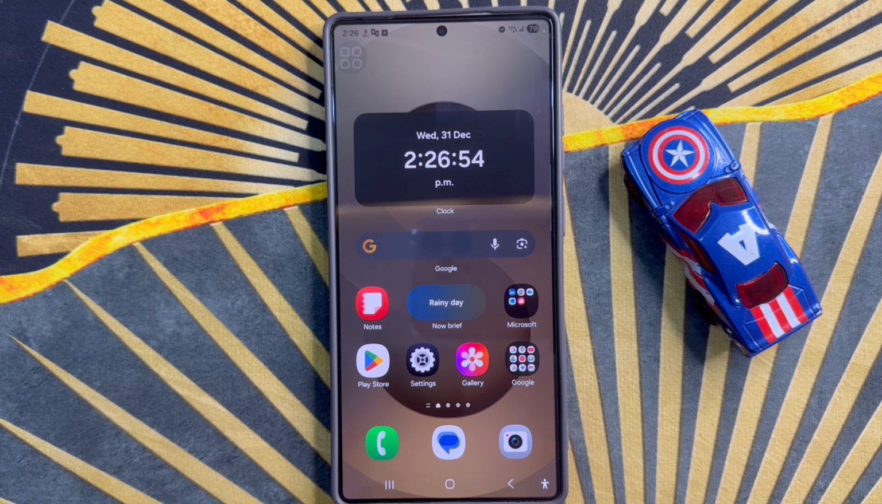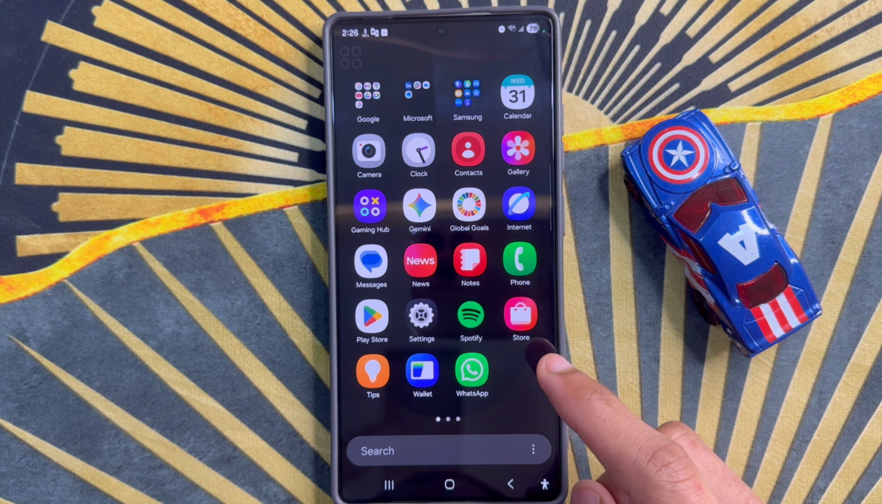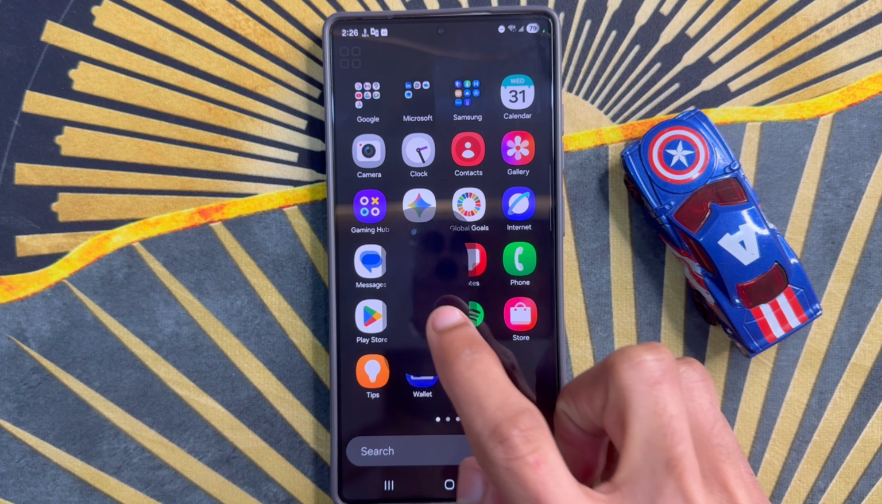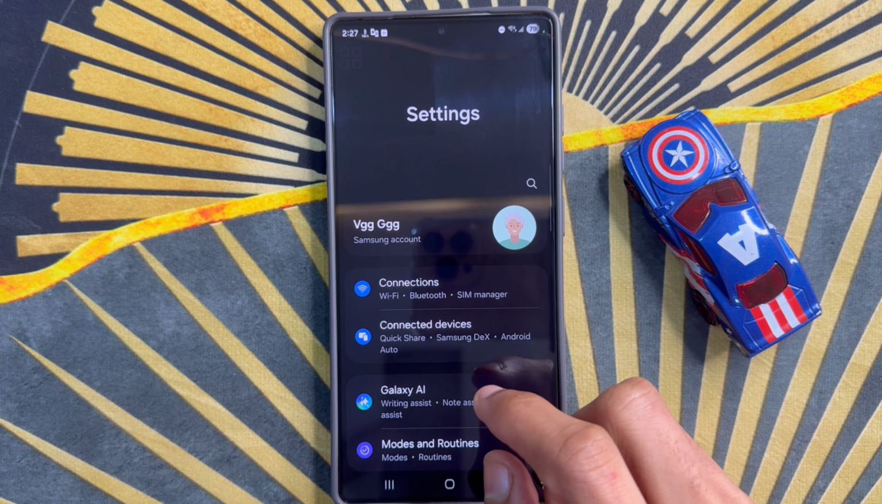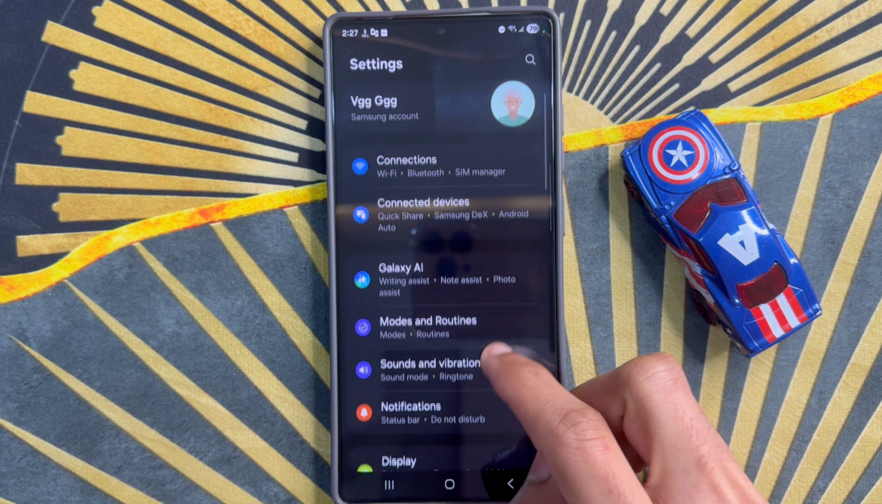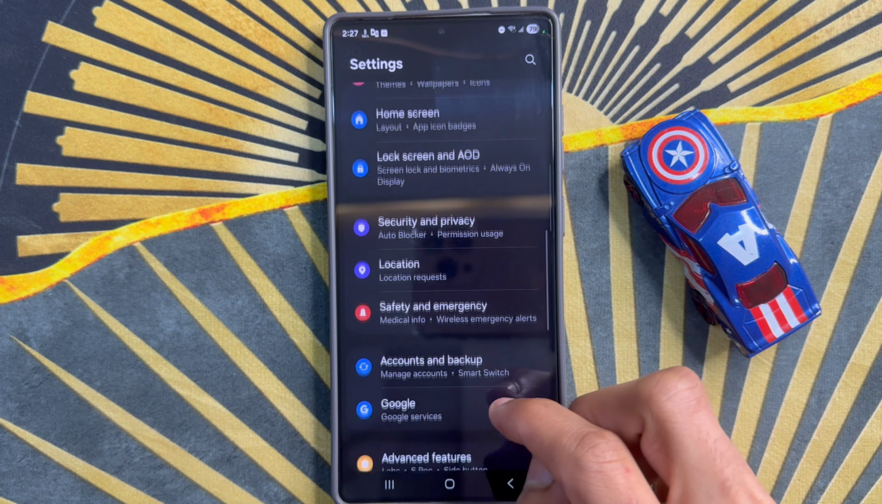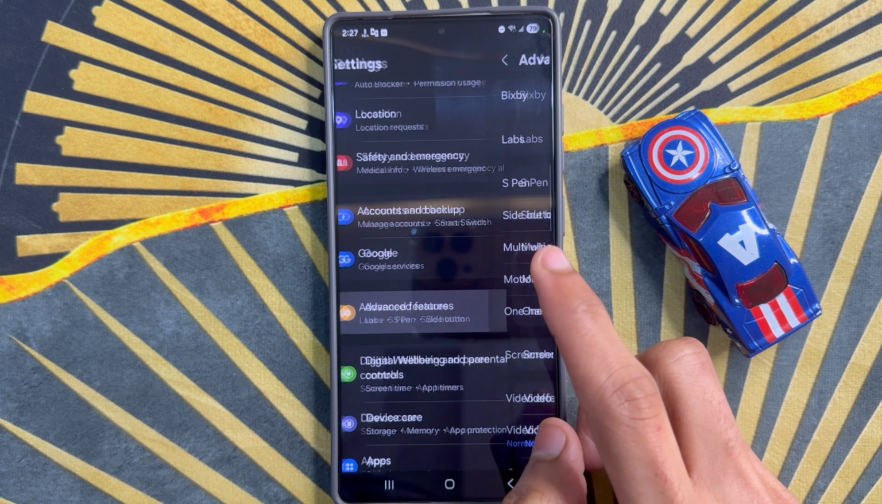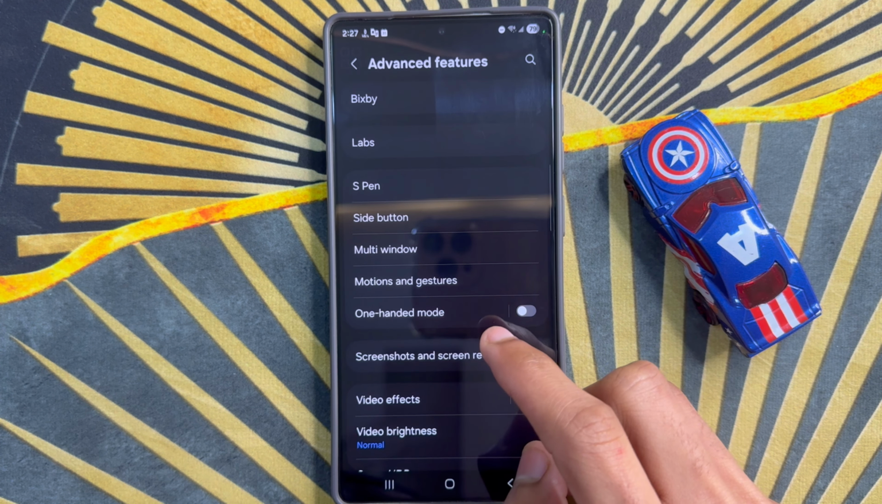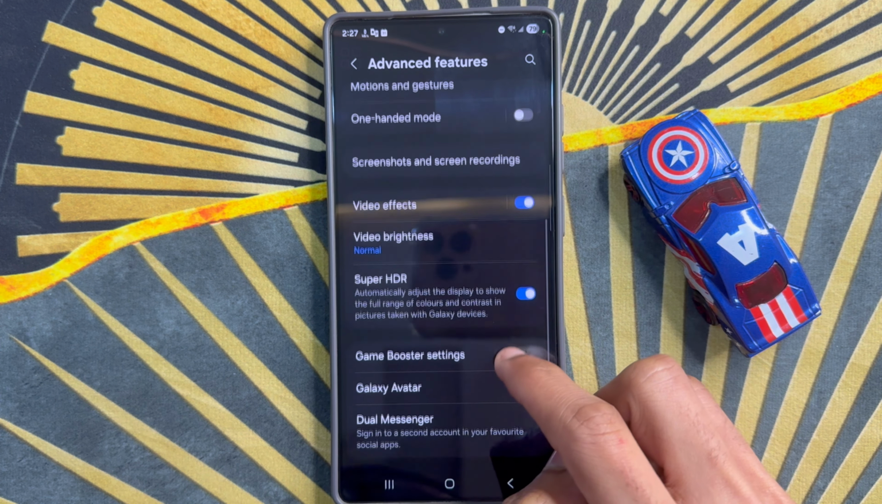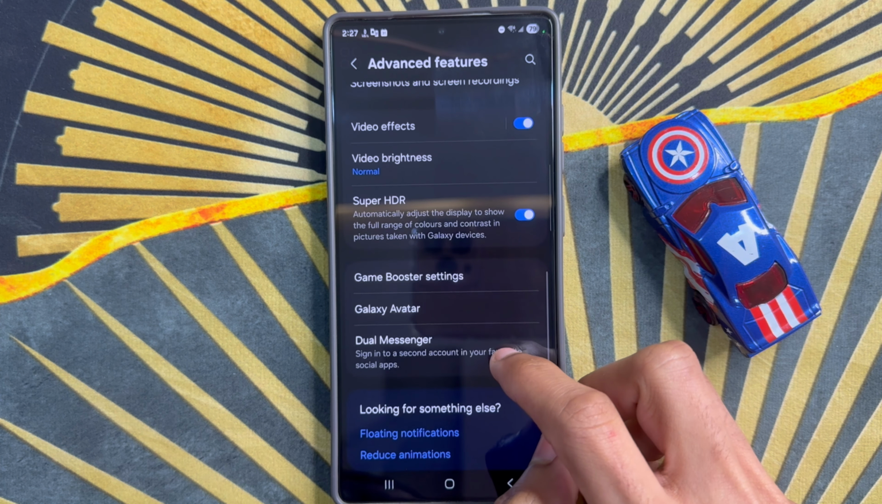First of all, go to app library. So click on settings app. Now in settings, scroll down and click on advanced features. After clicking on advanced features, scroll down and click on Galaxy Avatar